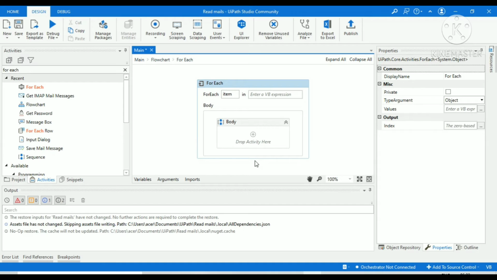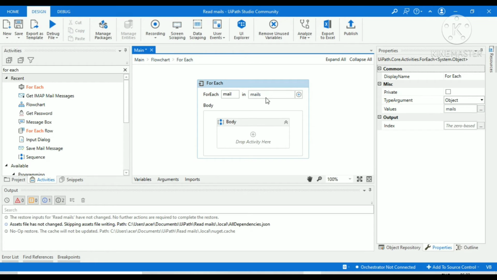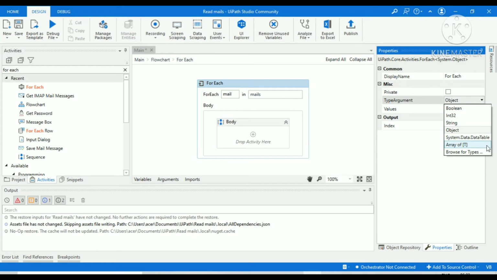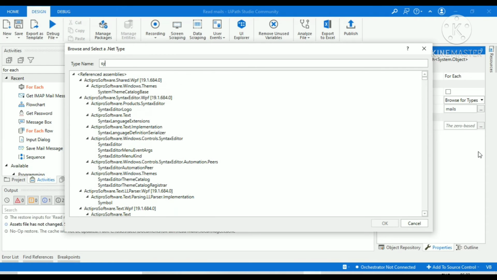After that, double click on For Each. In For Each I am writing mail, and here also write mails. In the body of For Each, I am changing the type argument from object to System.Net.Mail.MailMessage.